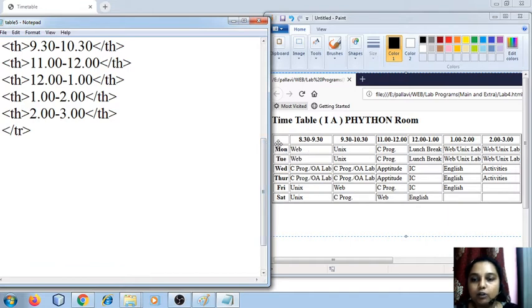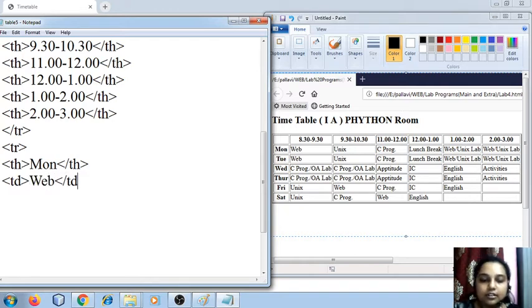Now the second row, what we can observe, the heading is Monday and then we have the subjects. So I'm going to create a new row with the table row tag. The table header is going to be Monday. Close the table header. Now next I'm going to use the table data tag because I want to fill the data into my cells.